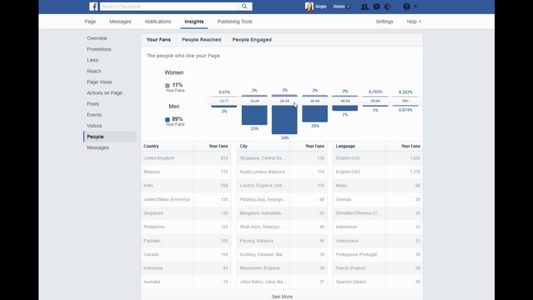So why is this important? Well, if you think about the sort of things that you're posting on your own page, if you've got a very dominated audience towards one particular gender, then it can actually help you understand the type of imagery to use that you feel would appeal to that type of person. So you can imagine that the type of posts and imagery that would appeal to 25 to 34-year-old men will be very, very different to a similar age range in terms of women. So it helps you understand what to post in order to try and actually change the engagement and reach rate